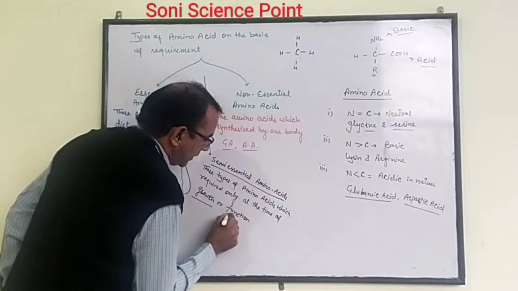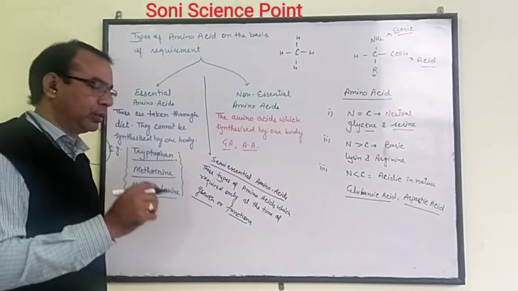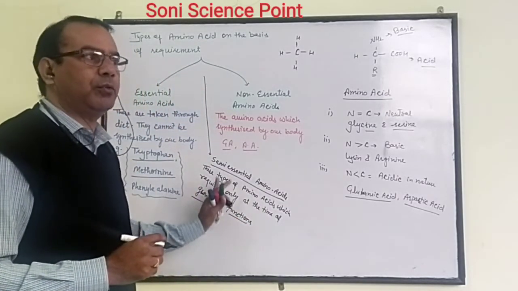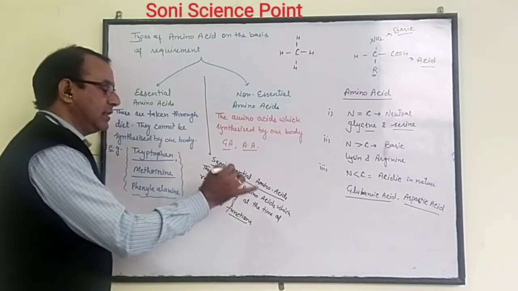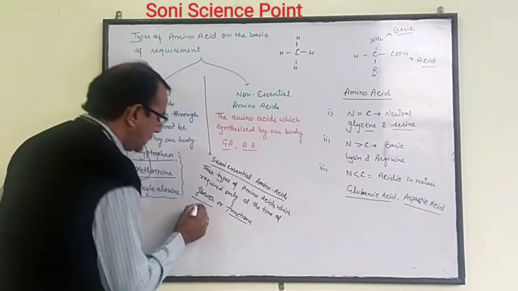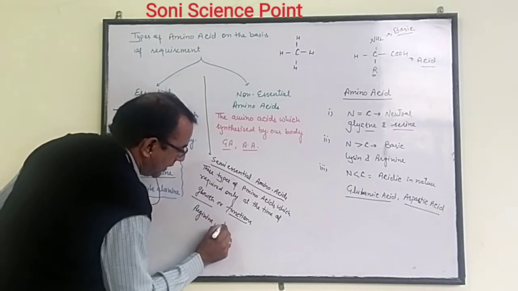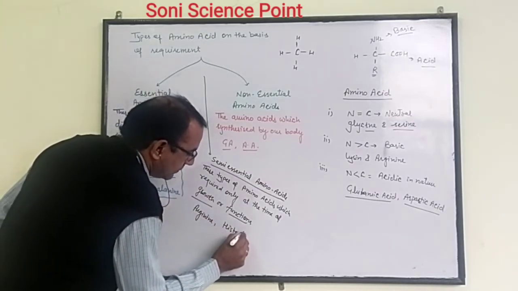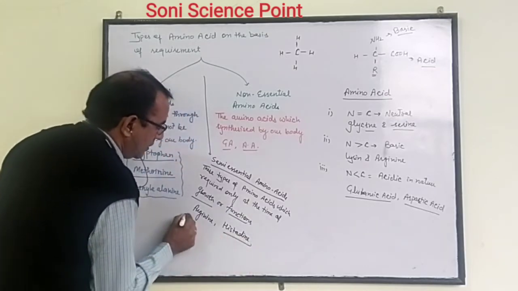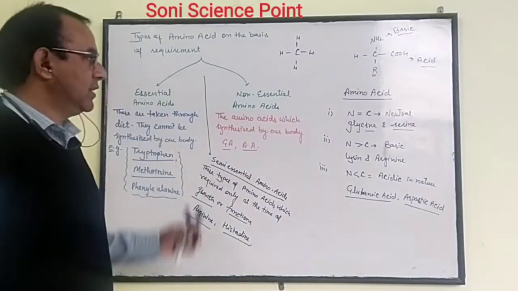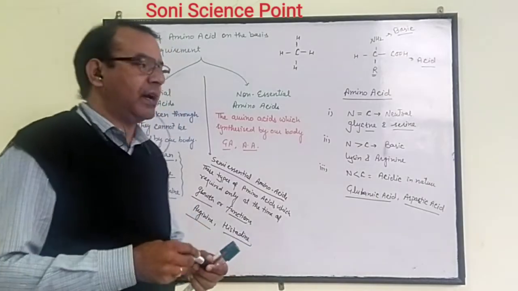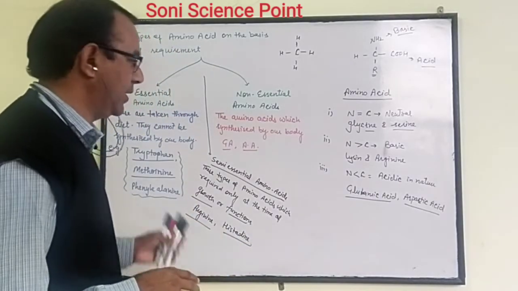When the cell performs special functions and the cell shows growth, these amino acids are required. So they are known as semi-essential amino acids. For example, arginine and histidine. We can also give the example of ornithine and histamine; many different types of amino acids are present in